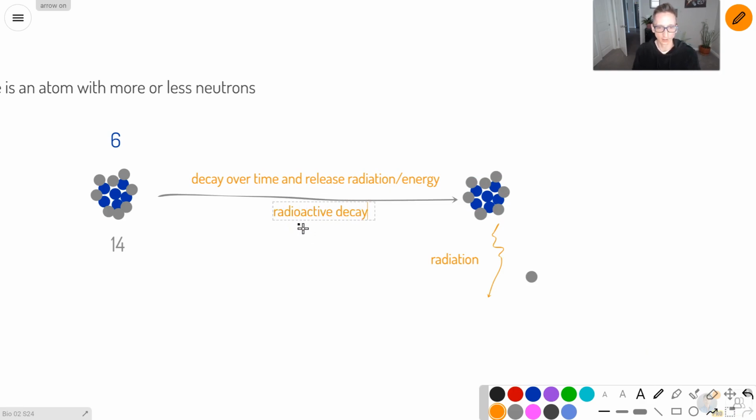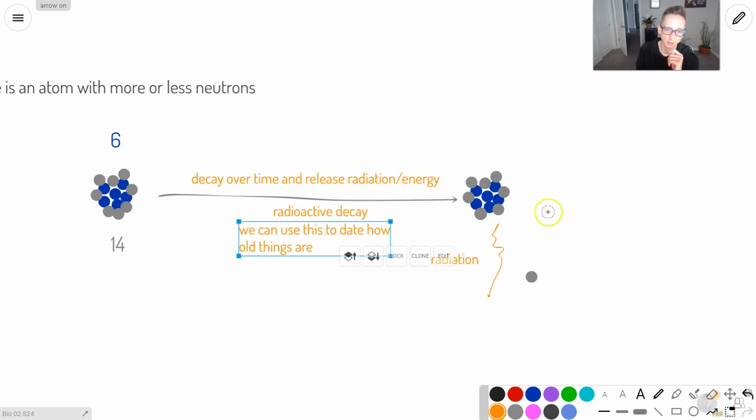Radioactive decay. We can use this to date how old things are, because we know the rate at which this decay occurs. And depending on the element, different elements will decay faster or slower. This is also this loss of neutrons. We're going to get a little into the weeds here a little bit, but if you go way down here,